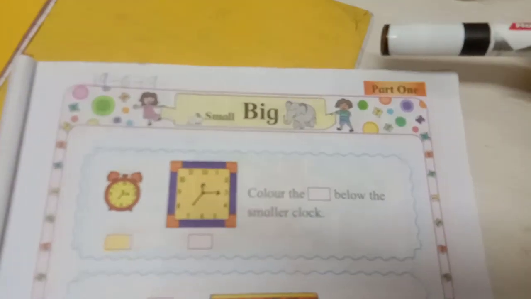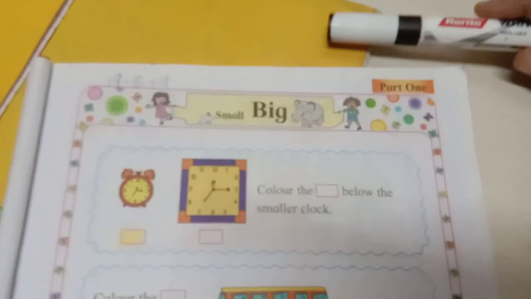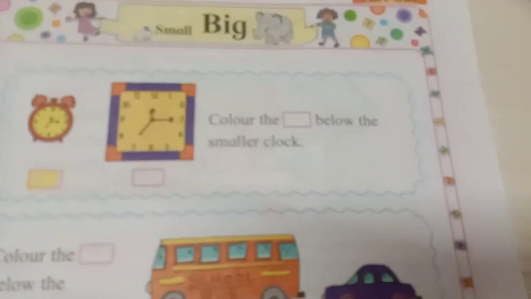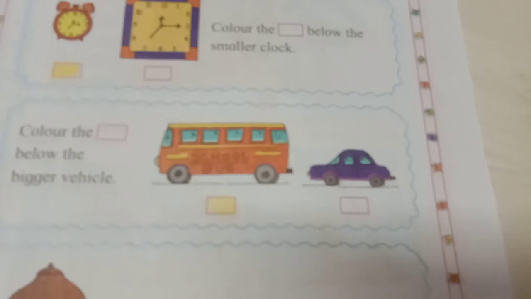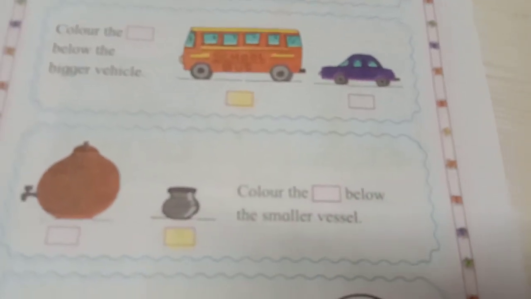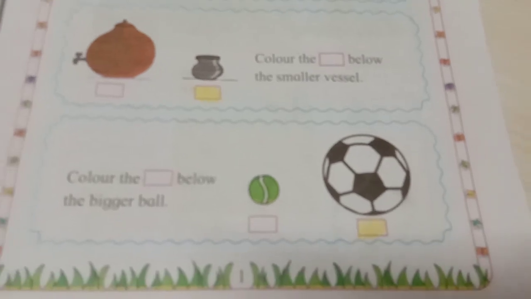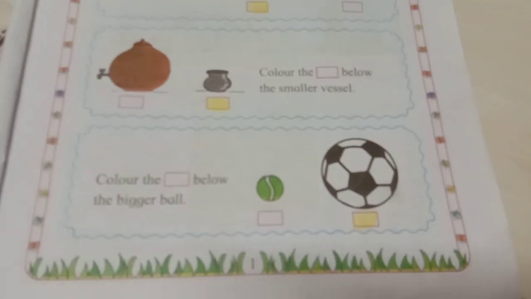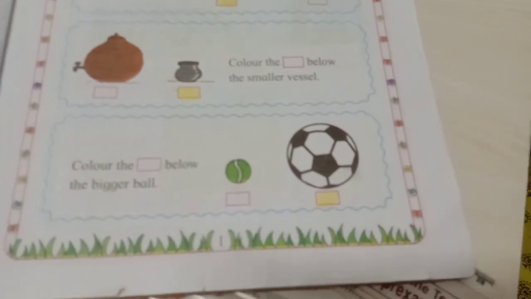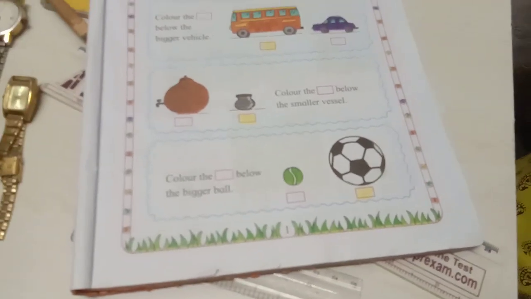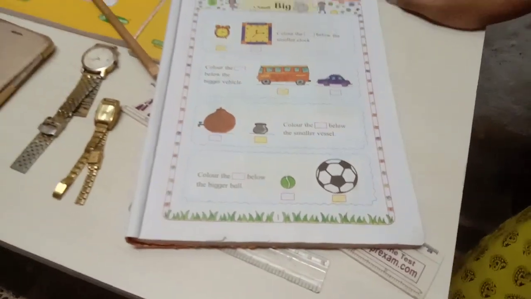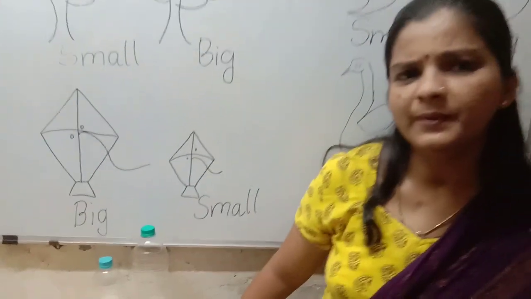So when you get your textbook, okay, just go through page number 1 of the Maths Balbharti textbook. Okay. So the concept of small and big will be more clear for you, and I will be giving you further notes on small and big to write in your notebook, so it will be more clear for your understanding. Okay. And I will be presenting the next topic with you.